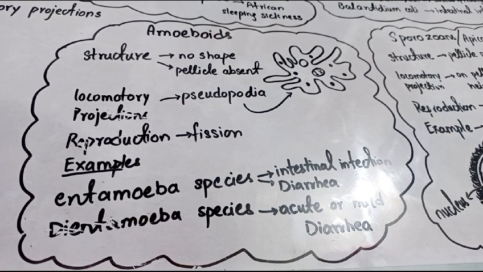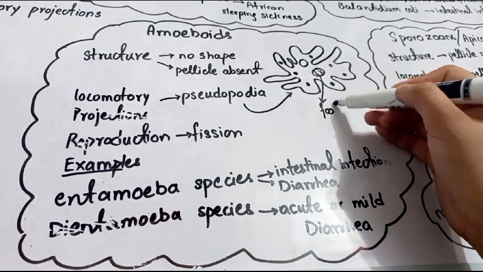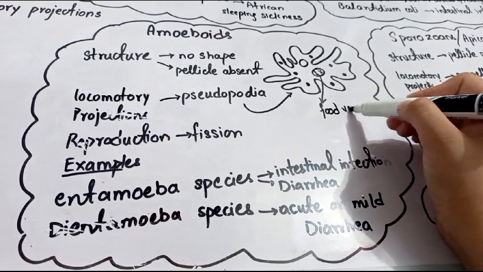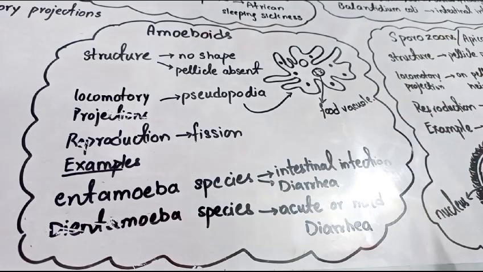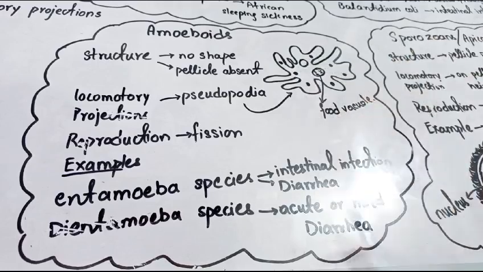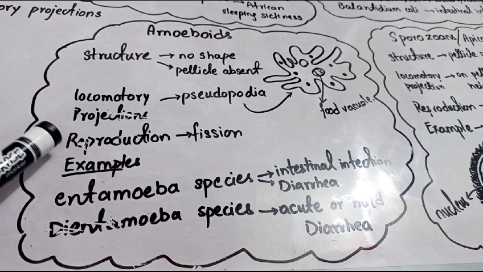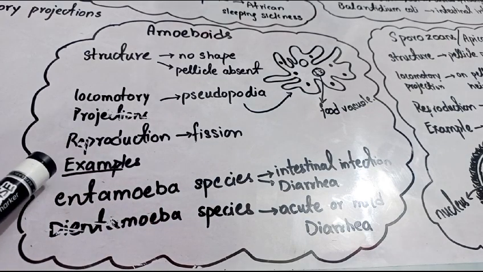There are various kinds of food vacuoles, like this food vacuole which is present inside it. Inside this food vacuole, the food is digested, and then the amoeba takes energy from it. Various kinds of water vacuoles are also present, and a contractile vacuole is also present in that structure. They also reproduce by the process of binary fission, and some examples of amoeba